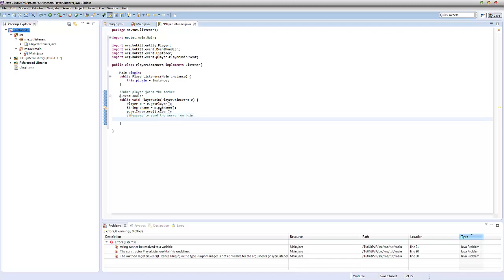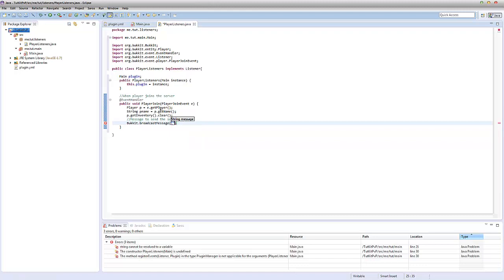So I believe we can cancel a player. So p.set. No, I don't think we can cancel the server join message, but we can broadcast the message to everyone that someone has joined. If there is, I'll add it in the description. Hopefully you have annotations on and you check this back then. You basically check if there is an annotation here or not. If not, it should be in the description. Anyway,